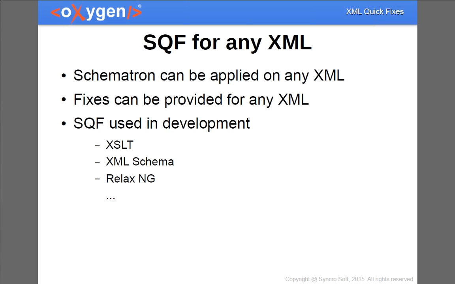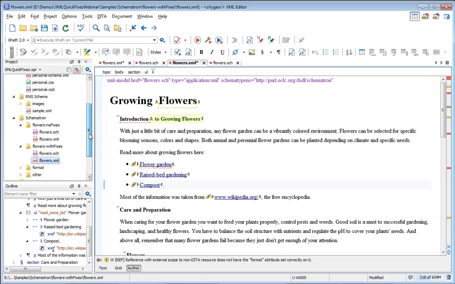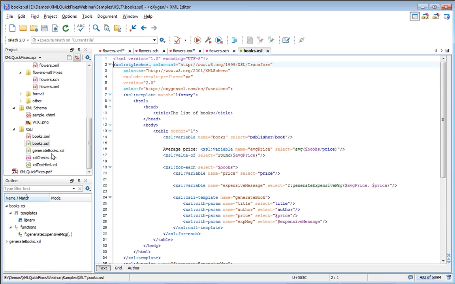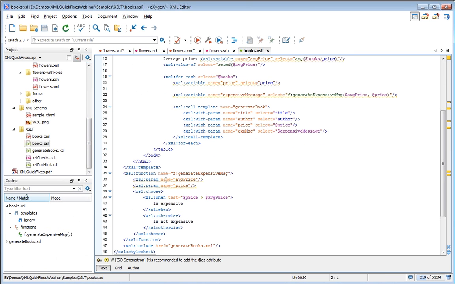For example, Michael K. told us about a problem in style sheets at XML Prague. He asked us about adding a fix which will make sure that a variable or a parameter has a type. So I have here an example with a style sheet that has a couple of variables and parameters, and I added a Schematron